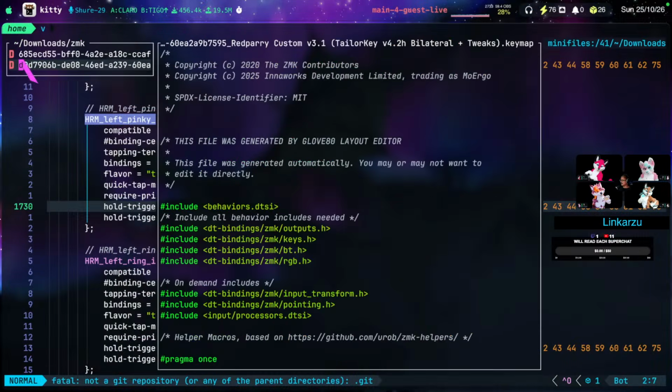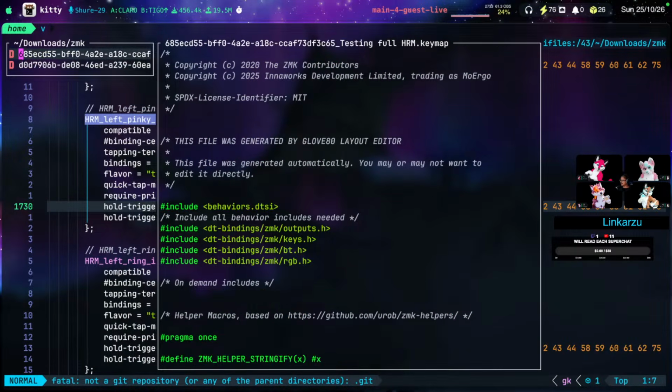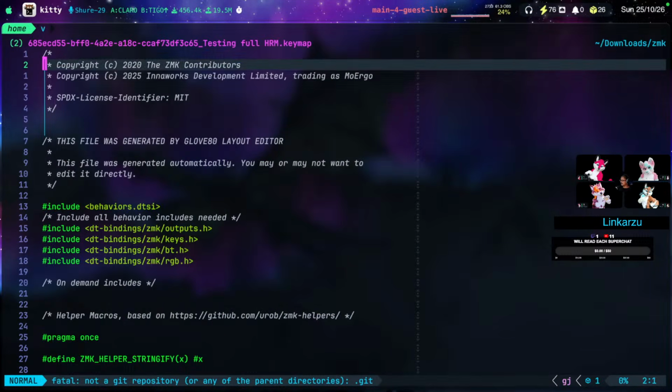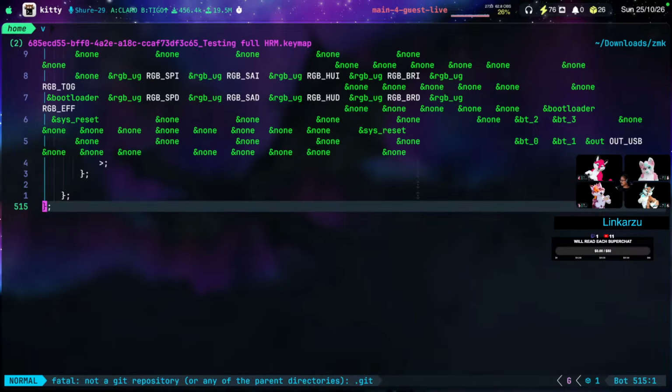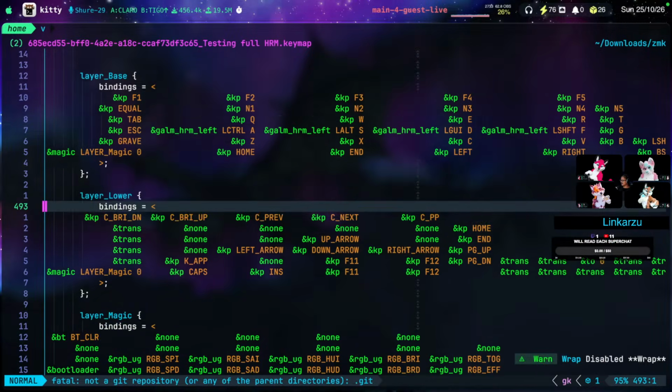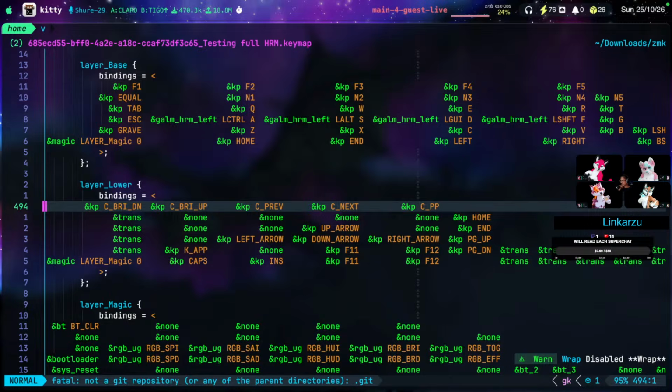Let's take a look at this other one, which seems to be this one. Yep. How many lines is this? 500 lines. Okay, so in the lower layer, no, in the base layer,